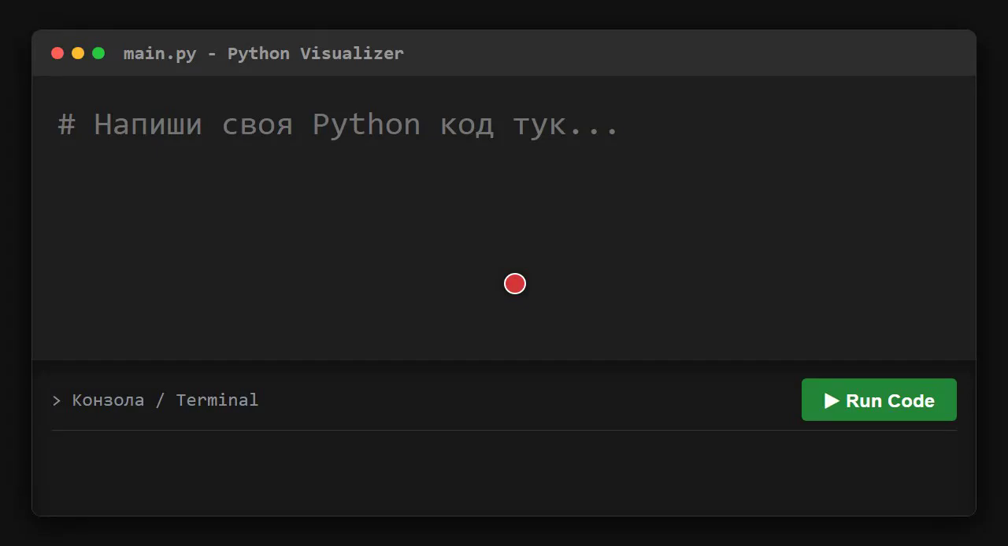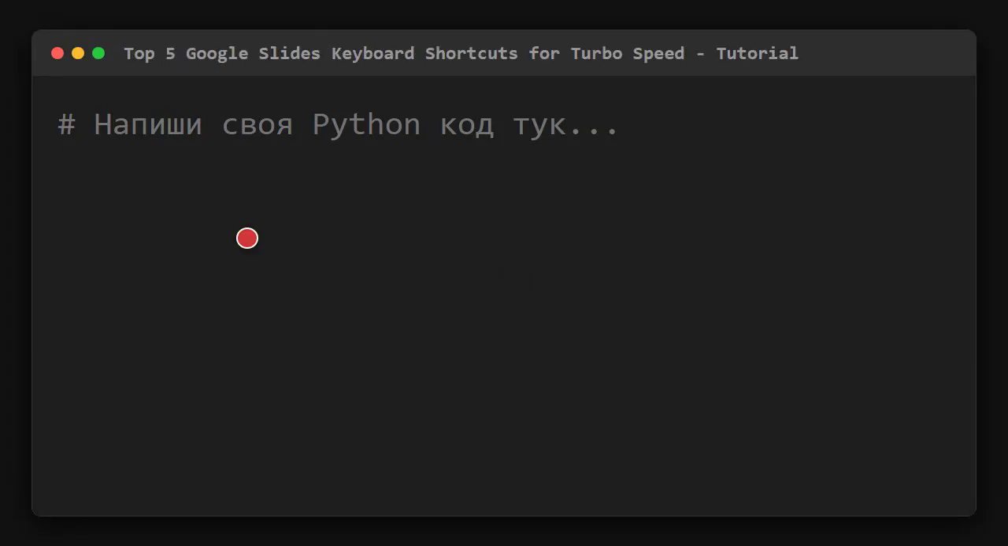Want to speed up your Google Slides work? The top 5 keyboard shortcuts to help you create and manage presentations with turbo speed. Dive in! First, to open any presentation quickly, use Ctrl+O. Instantly brings up the open dialog. Saves you from navigating menus and gets you straight to selecting your files, whether recent ones or from your Google